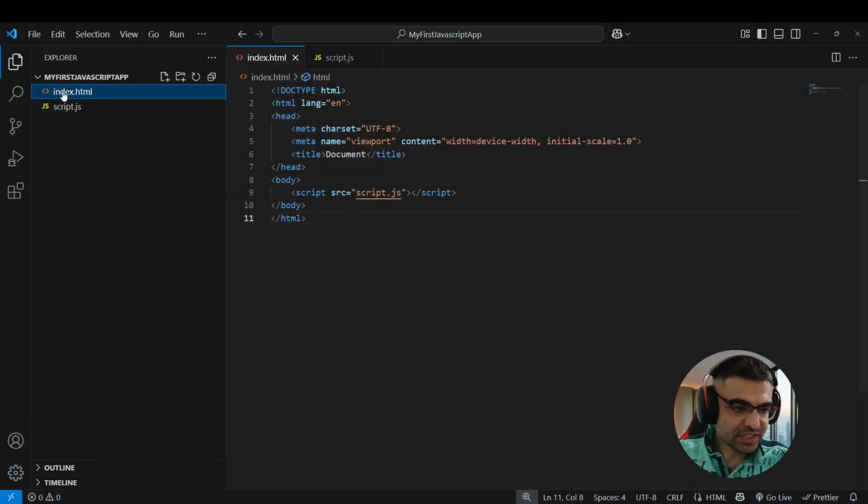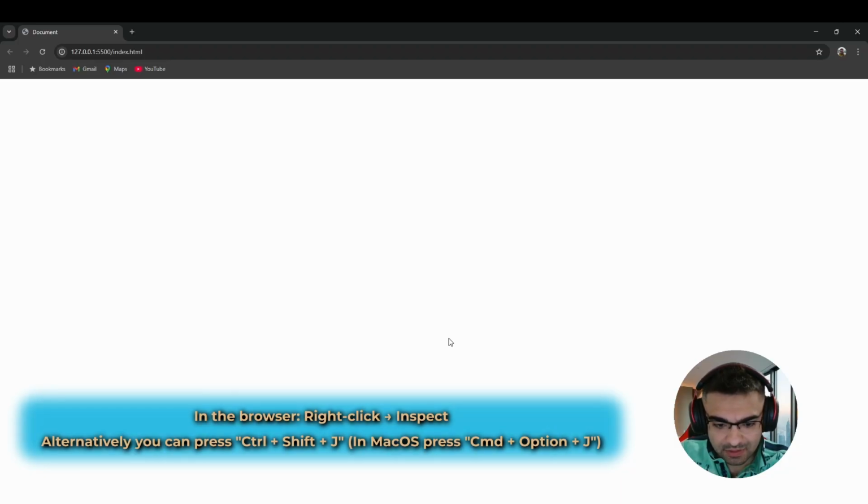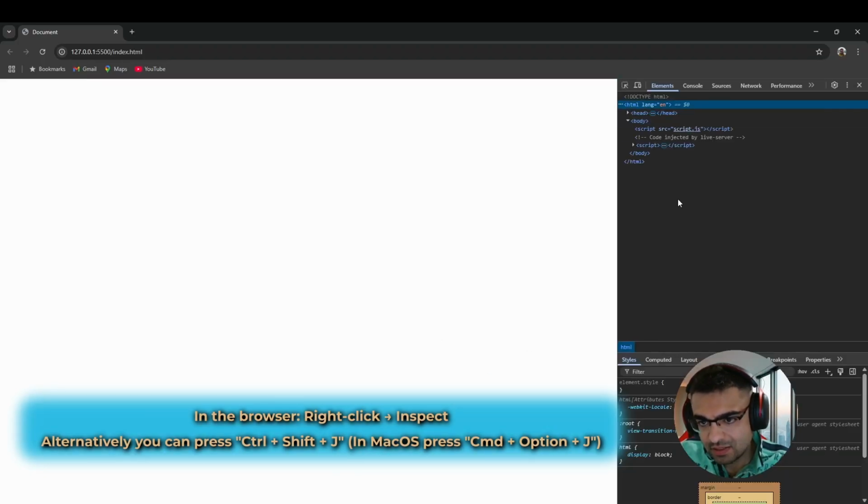Now if you right click on the index.html file and click on open with live server, of course, alternatively you can also click on the file in your file explorer, the index.html file. But anyway, here in your browser, if you right click and click on inspect, you can see the developer console.